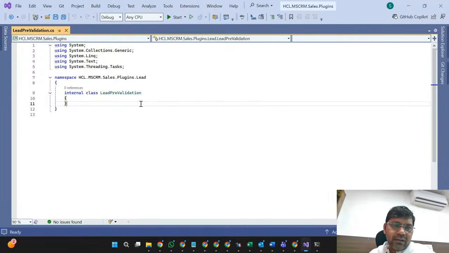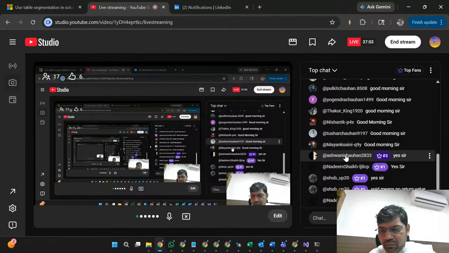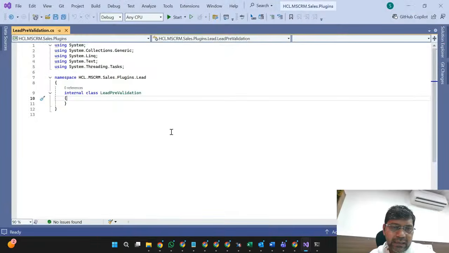So first of all, you have to add some libraries which Microsoft suggested. Based on those libraries, you can extend our Dynamics CRM capability. Right? Understood? So you have to follow Microsoft guidelines so that you can add your code here. This is the default internal class here, and this is the access specifier.